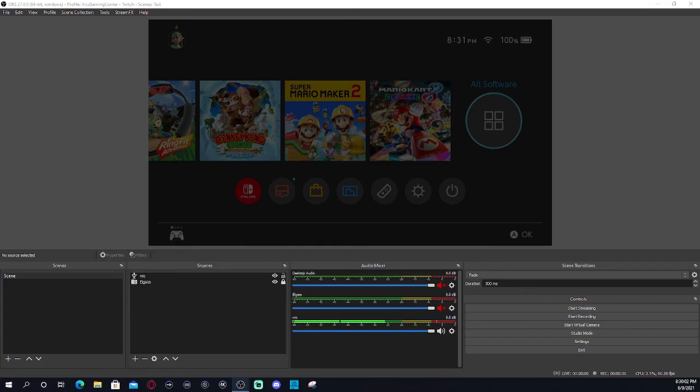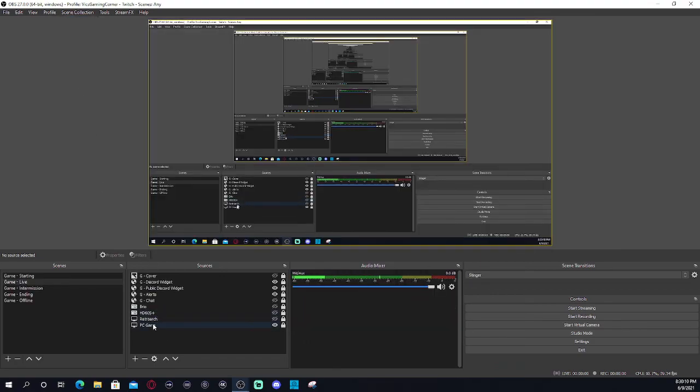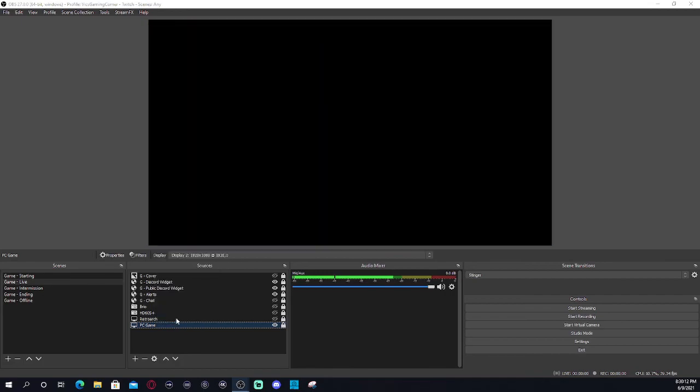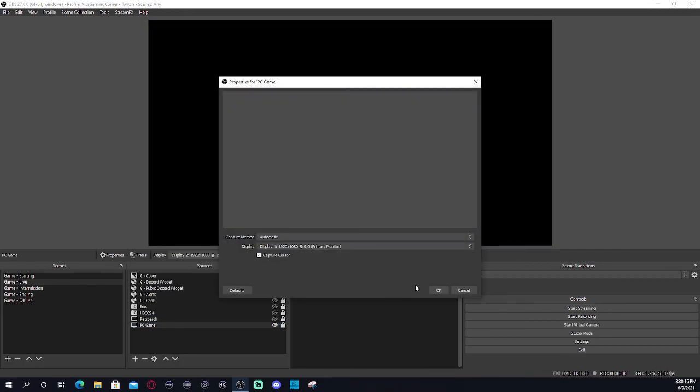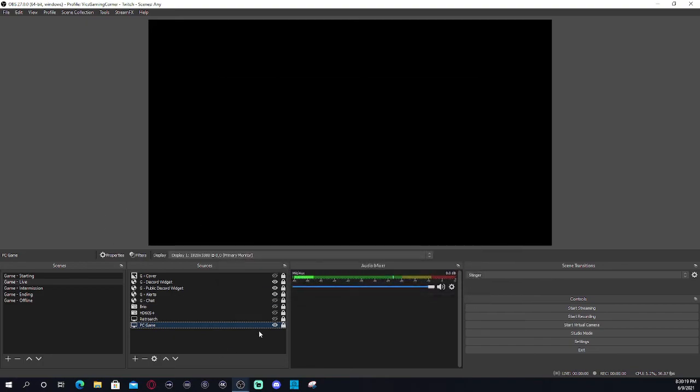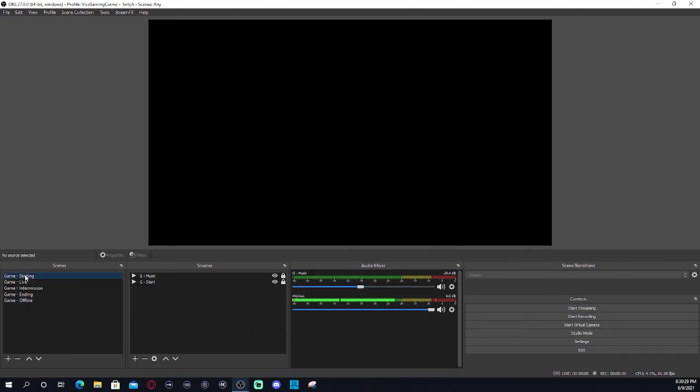Properties, second display, cancel. If I go here, I might have to change it to the first one. Let's see, PC game, properties, and here we go. Select OK. Is it going to show? It may or may not, because I'm basically having the one on the left record, which is why it's not doing that. But as far as scenes go,